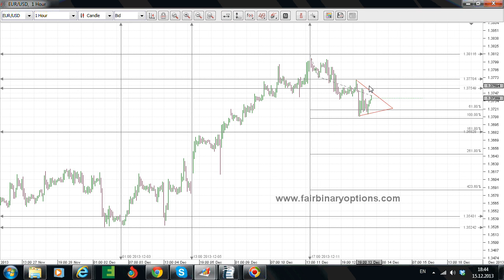So either this is 1 and 2 and looking for a 3, or this is already being A, B, C, X, and the X wave to be this contracting triangle, this being wave A, to have a B wave and to have a C wave to the downside. It doesn't really matter. What I really like to do here is to buy put options next week by the time this 100 level is going to be broken, because this implies again that the triangle there has broken to the downside. It implies we are looking at a possible